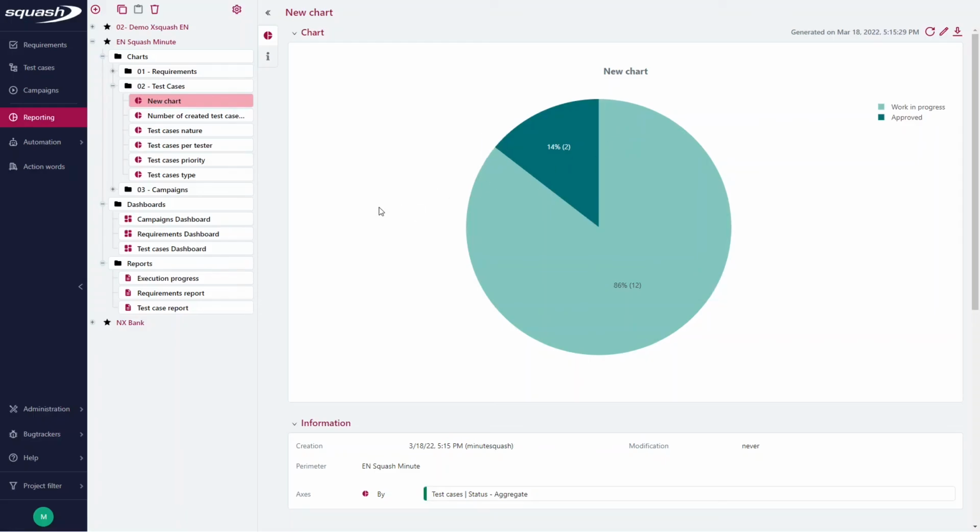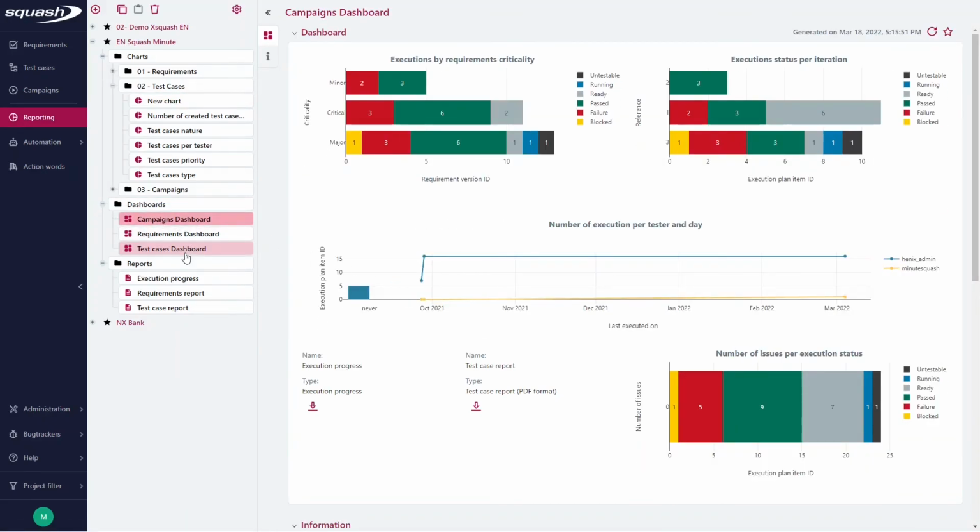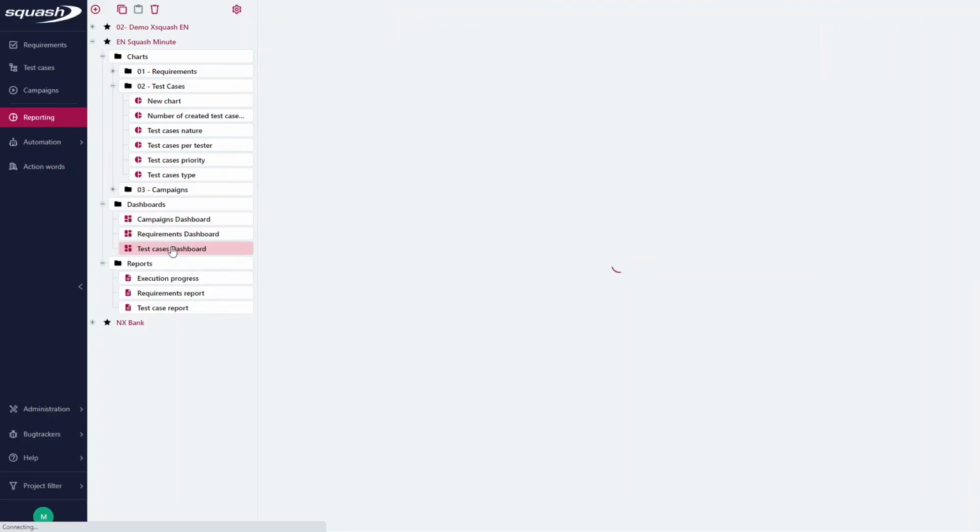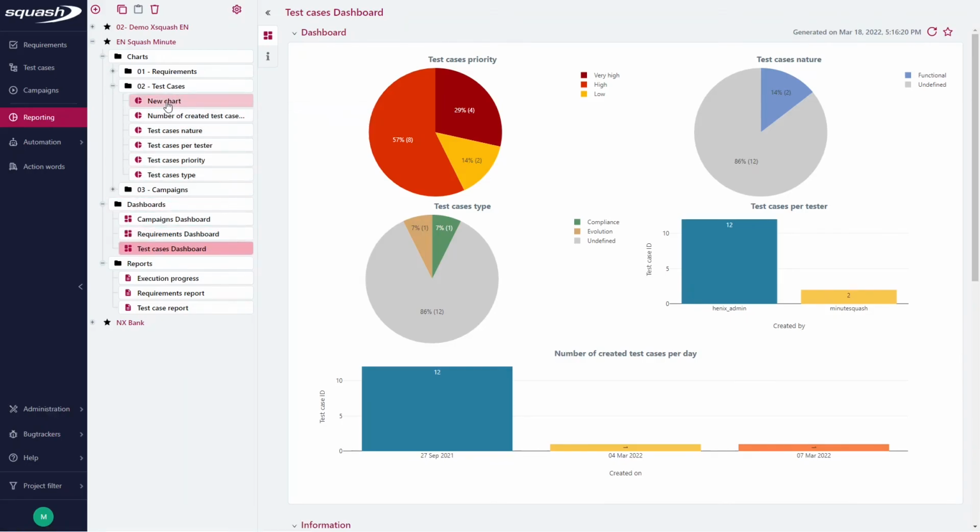A dashboard, as we can show you here, allows you to collect charts or reports and display them on the same page. Once the dashboard is added, charts and reports created in any project can be placed in the dashboard using drag and drop. For instance, if we are in our test case dashboard, we can select our new chart and drag and drop it in the dashboard, which is automatically updated.